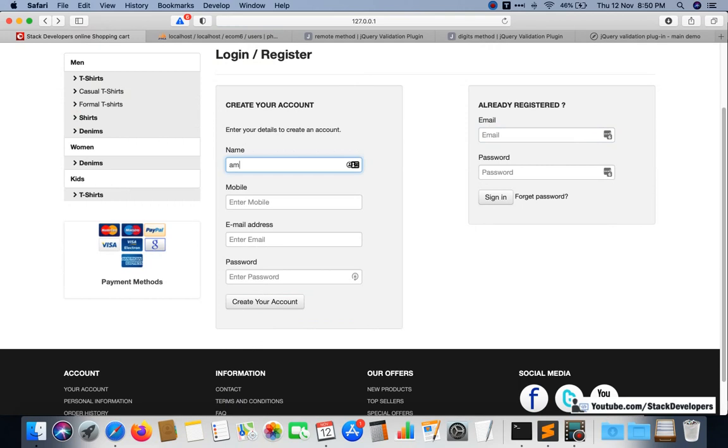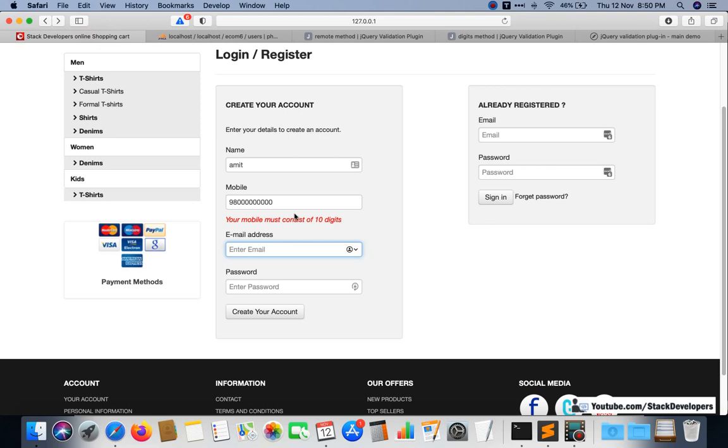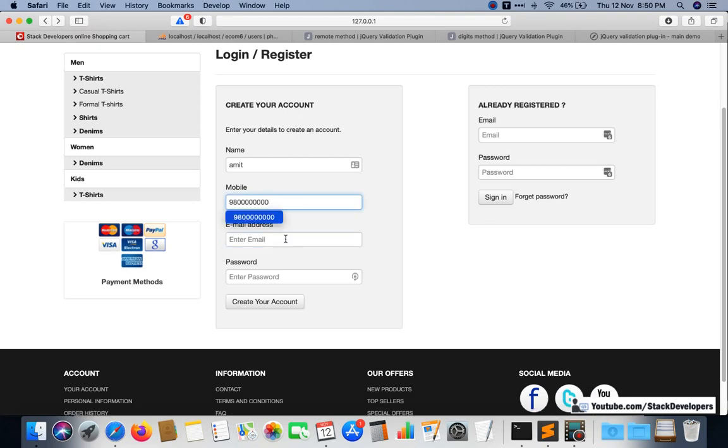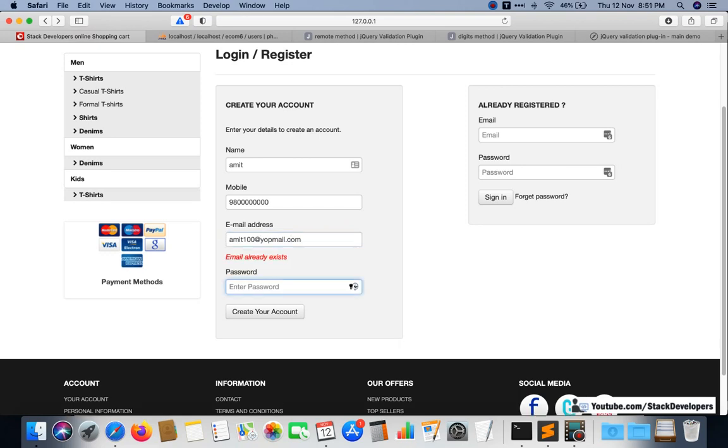Now we can check once again. I am going to add here Amit, then the mobile number, which must be of 10 digits. Now I am going to add the existing email ID. Let's see what will happen after adding the existing email ID. It is clearly showing email already exists. So it is instantly checking whether the email already exists,